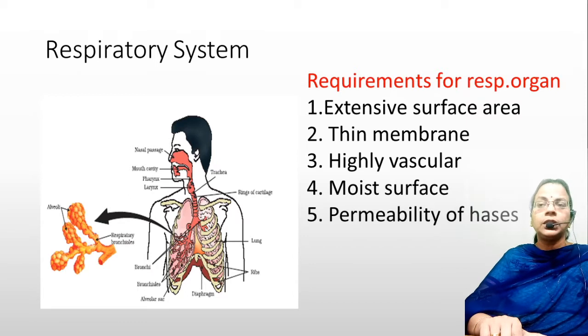So it will protect the lungs, and apart from that, they are also protected externally. They are occupied within the chest cavity, and protected very well by the rib cage. On the sides are the ribs, in the front there is the chest bone, the sternum, and at the back the vertebra. So the whole thing together acts as a box, called the rib cage. The rib cage also protects the lungs from mechanical injury.